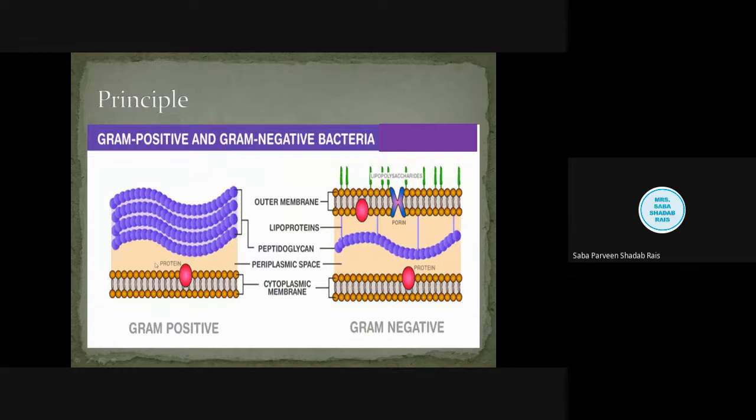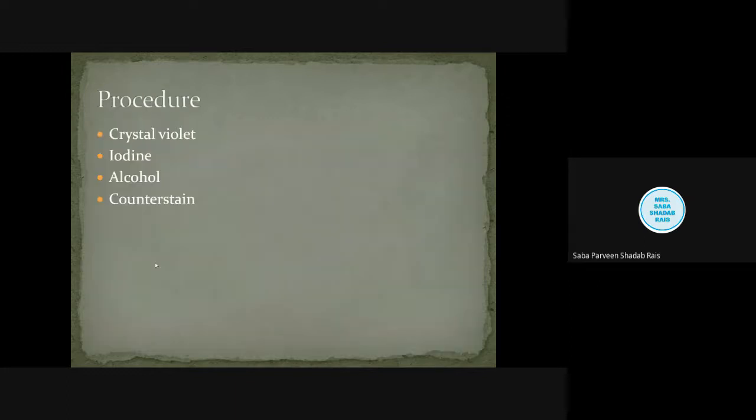Now see, on the basis of this only we are going to identify them. How? So students, we are going to use a special type of dye, or chemicals, which help us to separate these two bacteria and color them in a different way. So what we are going to use, we are going to use four important reagents, or you can say chemicals, here. First is the crystal violet. Now when we talk about the crystal violet, it is also called the violet.